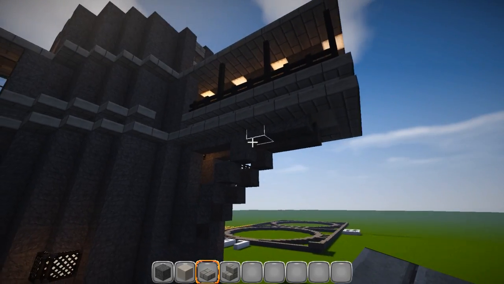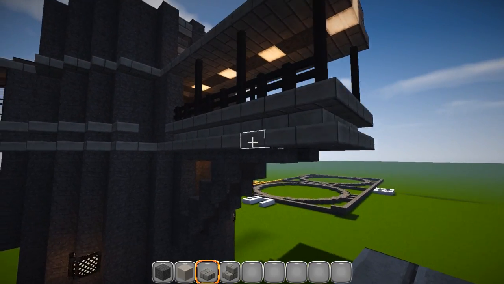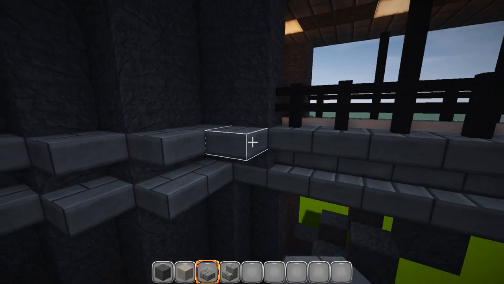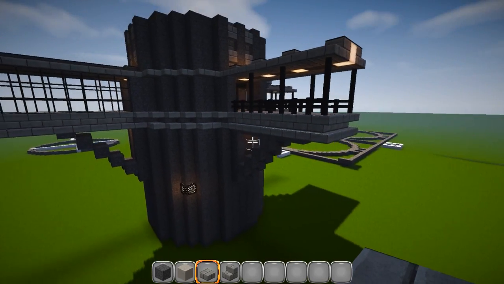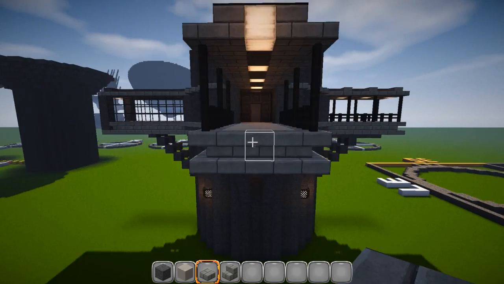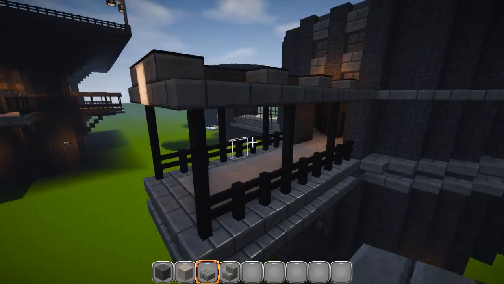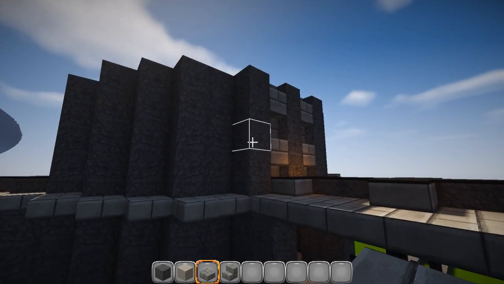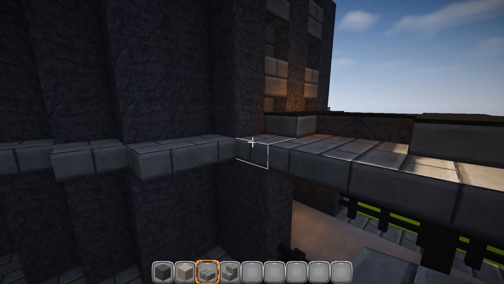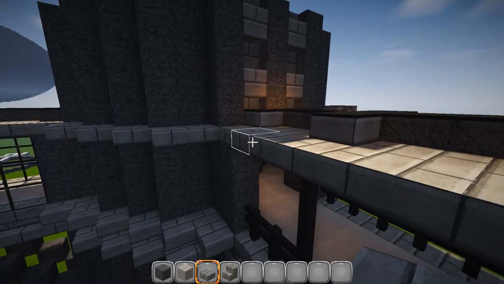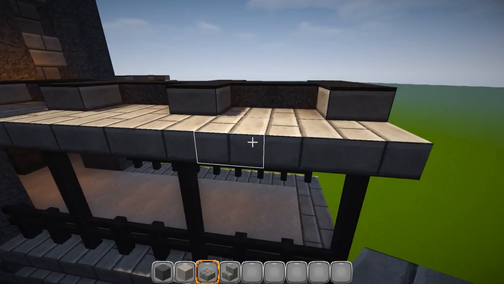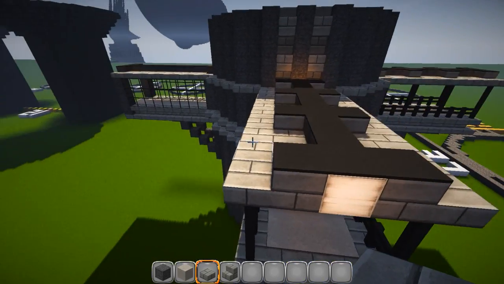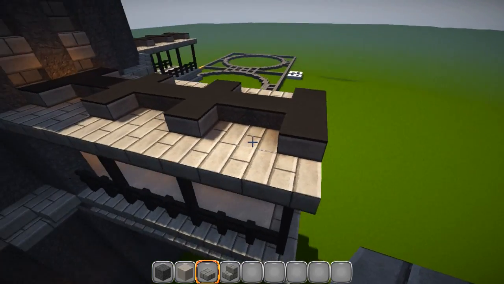Again, this stuff is really, really simple, guys. I'm not going to spend a lot of time on it. If you can't figure this out, you need to follow some other smaller tutorials and get a little bit better. On top, right here, again on the 1, 2, 3, 4, 5th block, lower hit box, just come straight out. 1, 2, 3, 4, 5, 6, 7, 8, 9, 10 is the length of that,